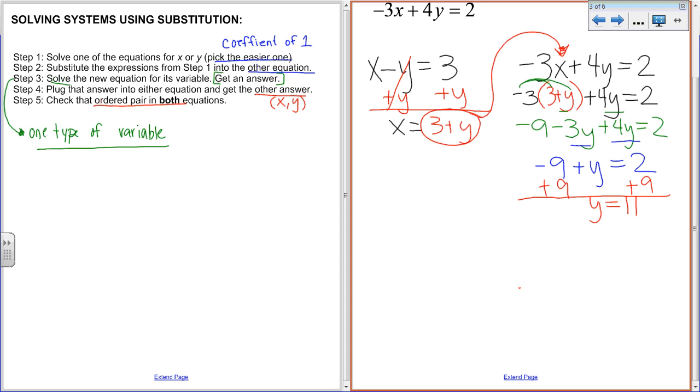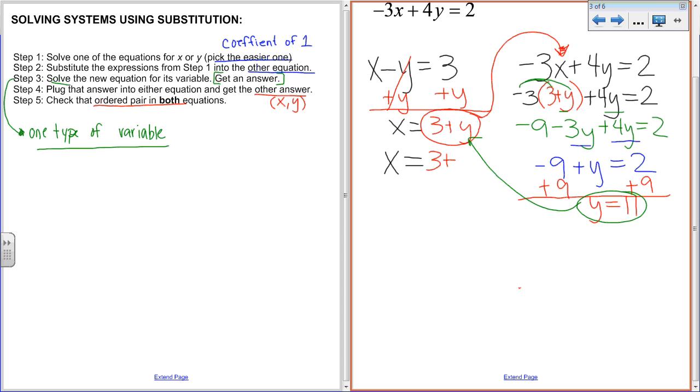And so what we're going to do now is take a look at what it says to do after step 3. We just solved, we got an answer, y equals 11. Now we have to plug that answer into either equation. What I like to do is take this y equals 11 and plug it back into my first equation. So if you guys see, this is what I mean by going full circle. We were over here on the left, we substituted it on the right, and we came back around and substituted on the left. Because what you're going to have here is x equals